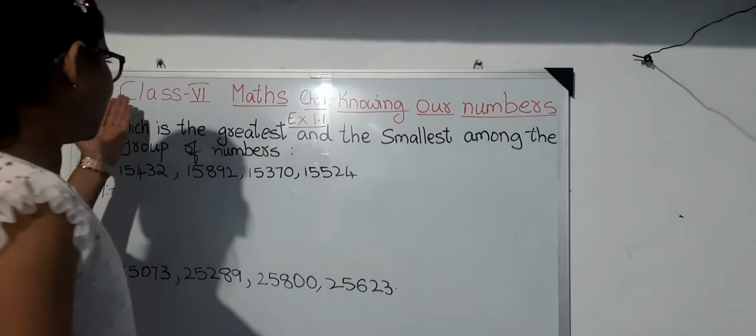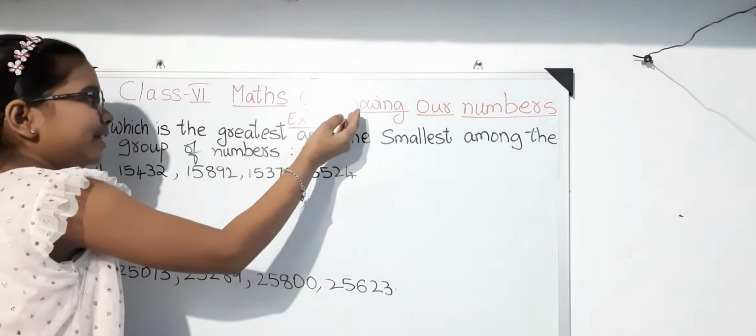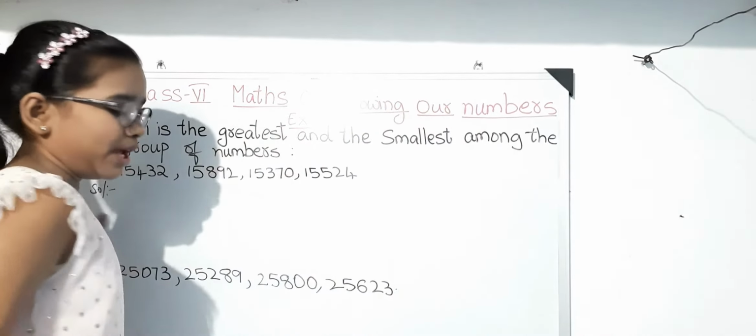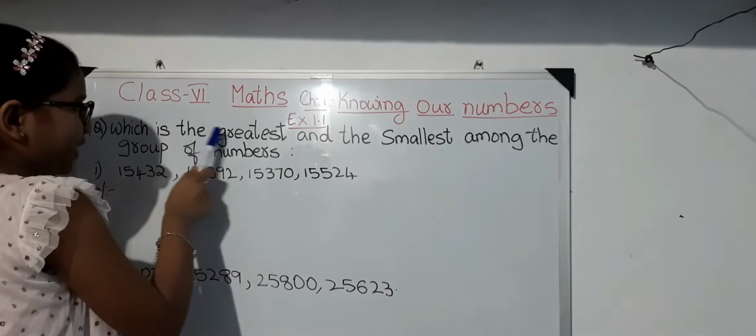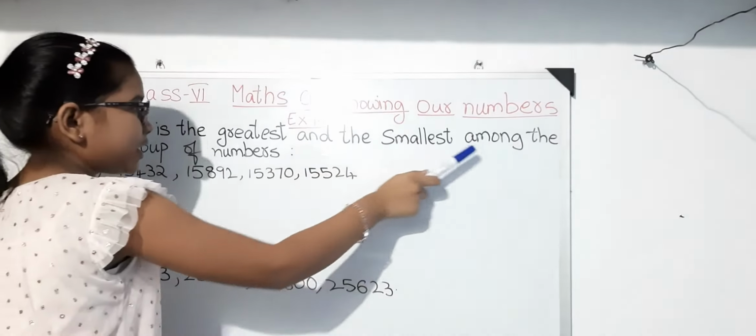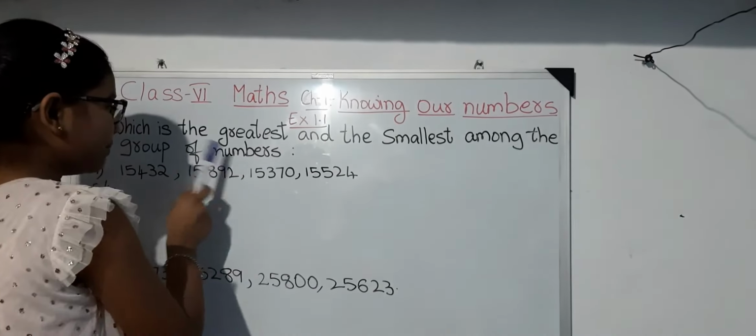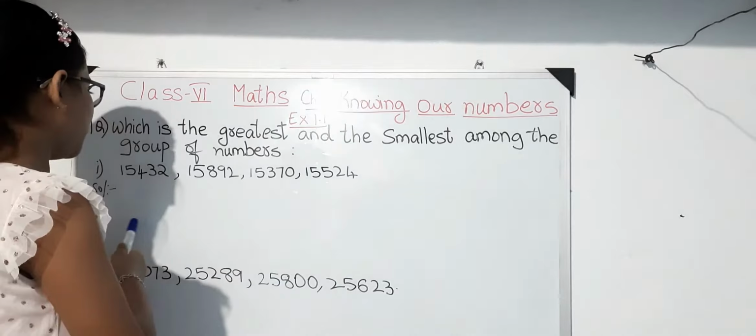Today we are going to do 6th class Maths Chapter 1 Knowing Our Numbers, Exercise 1.1. The first part is: which is the greatest and the smallest among the group of numbers. The first one is